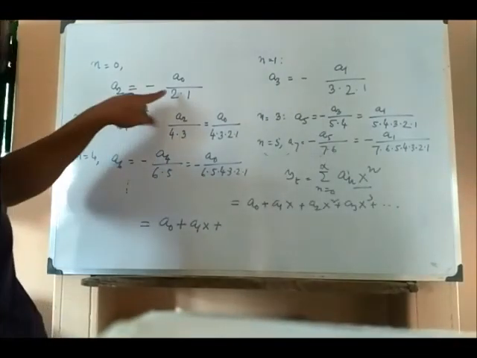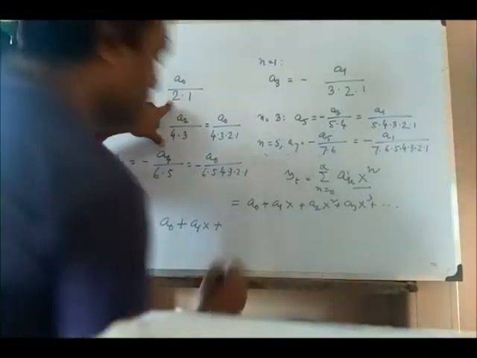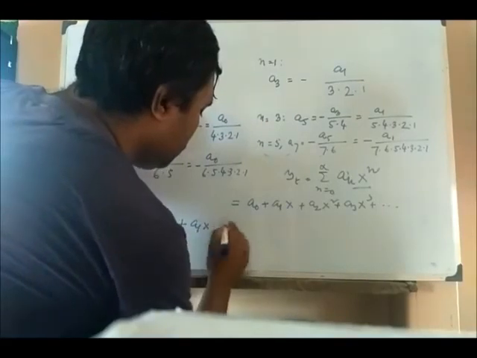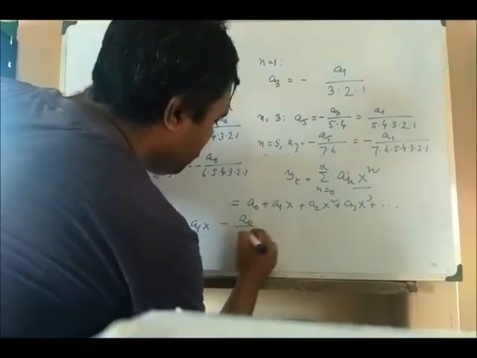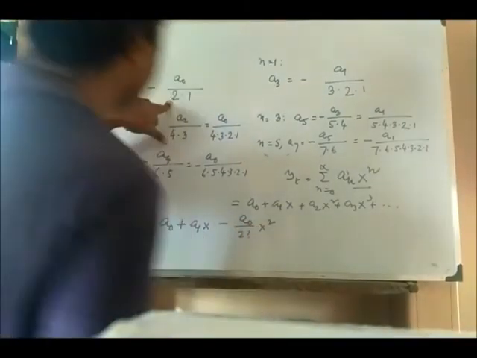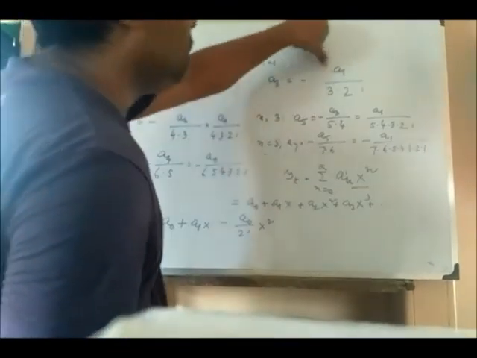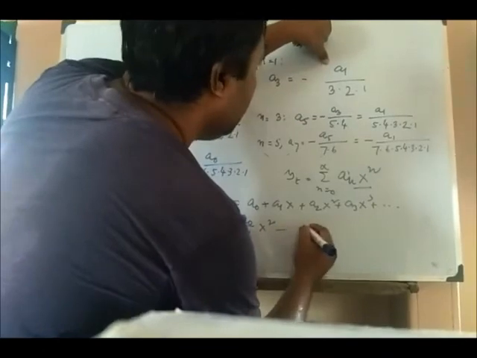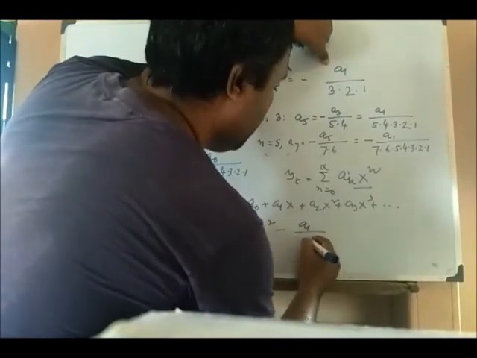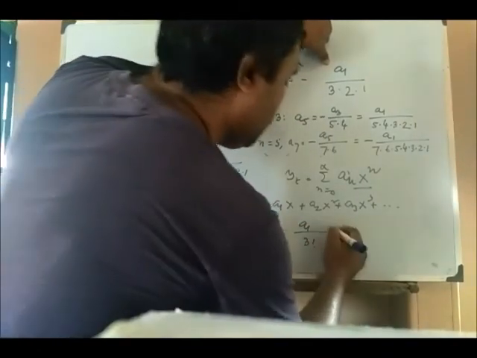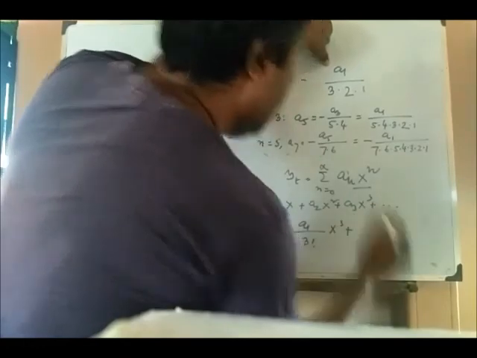So a2 will be nothing but minus a0 by factorial 2, so this will be minus a0 by factorial 2 x squared. Now a3x cubed, what is the value of a3? This will be minus a1 by factorial 3 x cubed plus